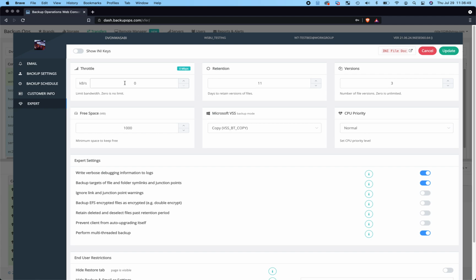And from here, if you need to adjust the throttle settings, so if you just want to permanently have the client throttle to not use more than a specified megabits per second, here we go with kilobits. You could do so here. 0 just means unlimited. Retention, this is where you can adjust, so that's how many days of backups that you can keep to roll back to. So right here we just have it set for 11, but